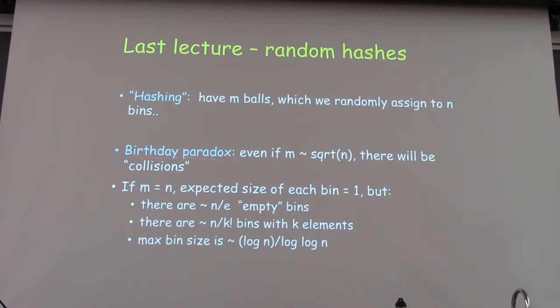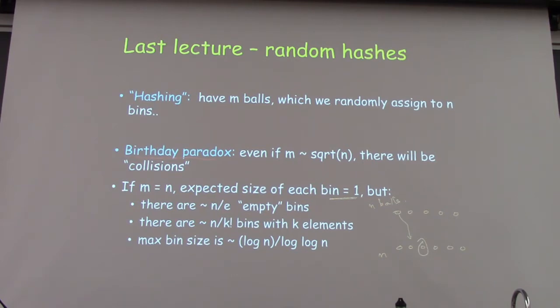We also then focused on this case of m equals n. So in this case, you have exactly n balls that you are throwing into n different bins. And the question was, you could ask, how evenly spread are these balls in these bins? So in expectation, the size of every bin is 1. If you fix a given bin and you ask, what's the expected number of balls that fall into this, then it's exactly equal to 1. So this is something we saw.